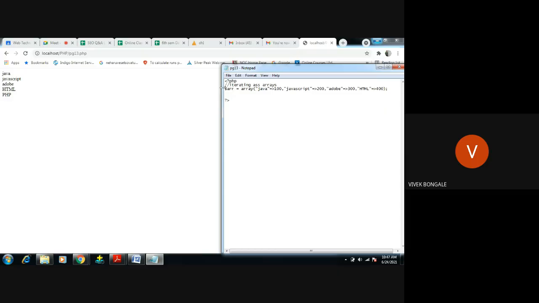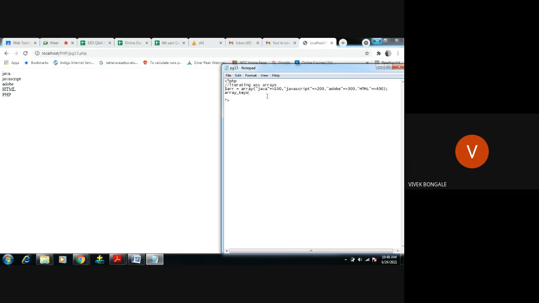Okay. Now how to iterate? As normally, what we have done in the numeric array, like that we are not able to iterate here, because here we have to use one keyword called array keys.